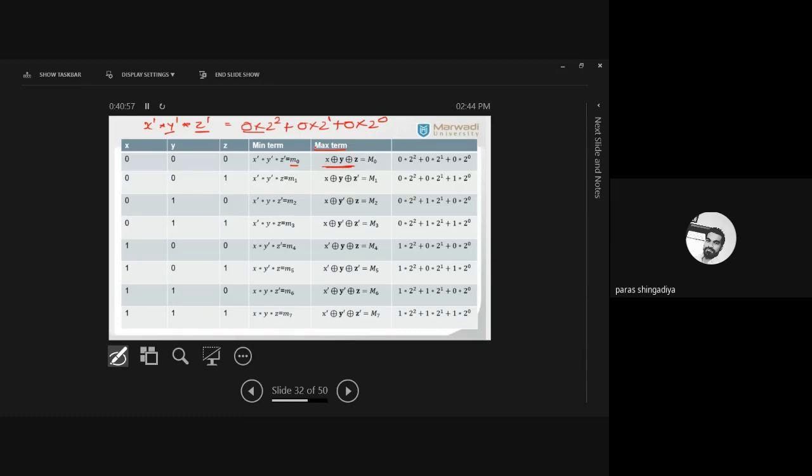Okay, for example, if you have this expression x dash star y dash star z, means if you have this three data 0 0 1, ये इसका min term का formation है, इसका max term का formation है, so both you will get a m1, that is a small m1 and it is a capital M. ठीक है, so remaining you can verify it. Okay, it will be very easy now. First check this formula, how to get this formula, and then after check the suffix answer, and the solution is also given here. Just verify your answer with that. Okay, in the last column, why it is m5, why it is m7, why it is m2, and so on. Okay, so just check it.